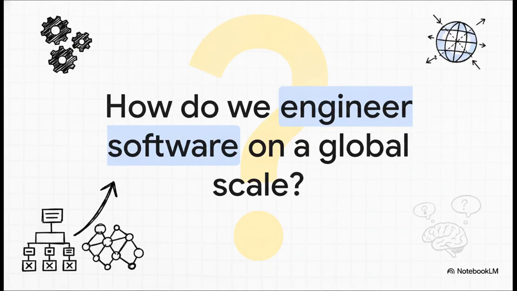Before we go, I want to leave you with this provocative thought. We just learned that Agile is brilliant for small, nimble teams but struggles at scale. So, if Agile breaks down for massive, distributed teams, how do we successfully engineer software on a global scale? Think about how you might combine the sheer flexibility of Agile with the necessary structure of plan-driven methods. This question perfectly transitions into our next topic of the software engineering course, where we'll be exploring scaling Agile methods and distributed software